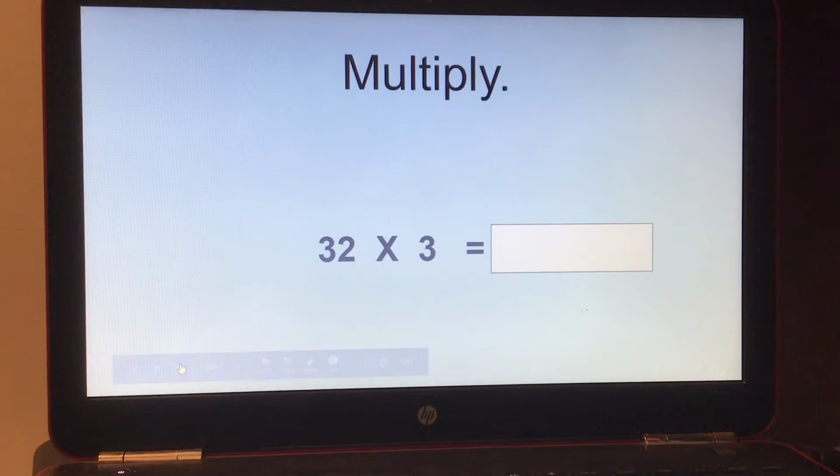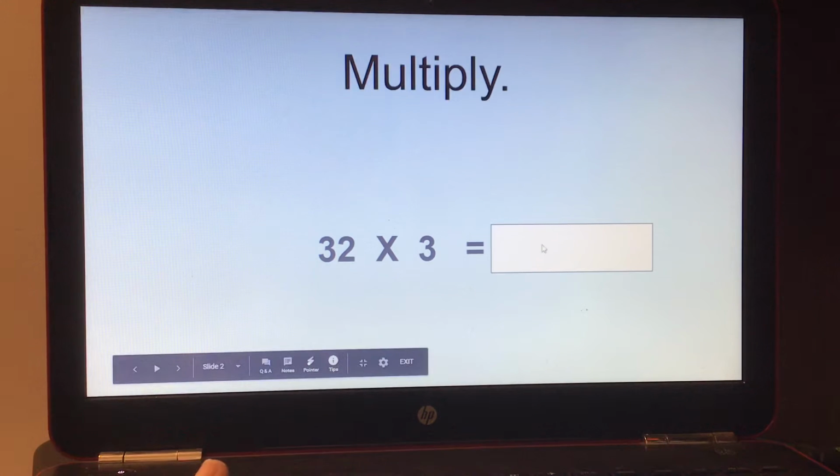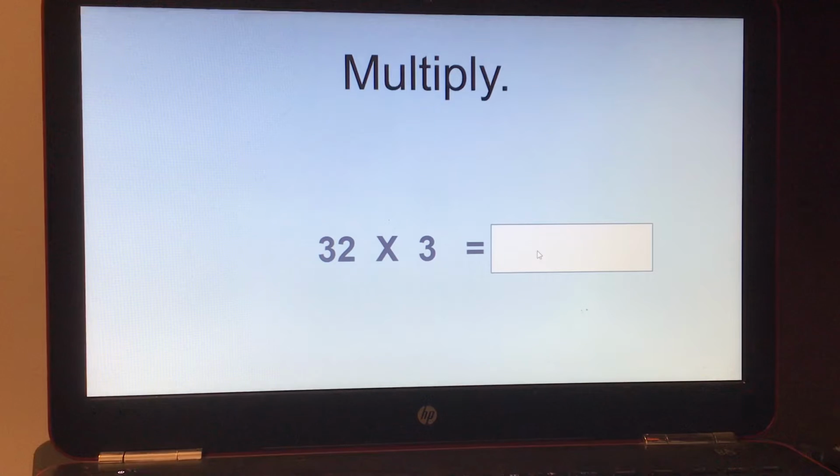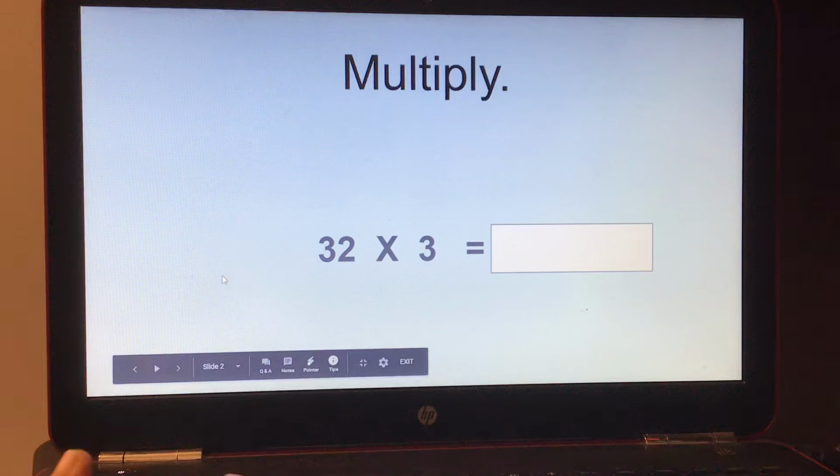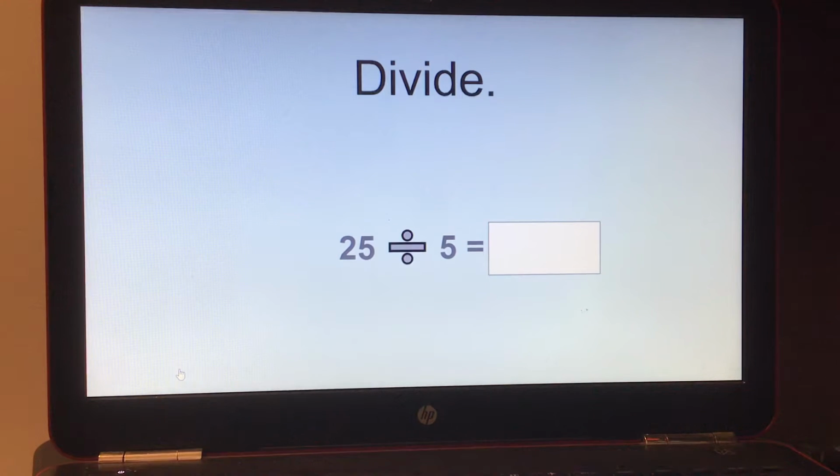Okay, so it tells you to multiply. You'll type your answer in the rectangle, but afterwards, if you have a copy of the slides, you can move the rectangle, and I have the answers underneath each one. Okay, and then it tells you to divide,